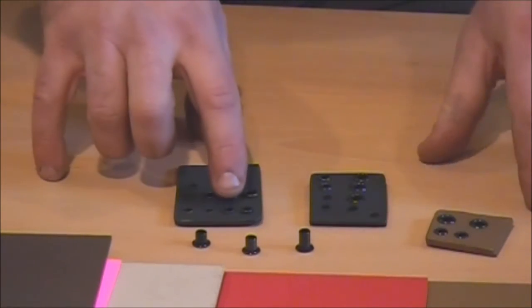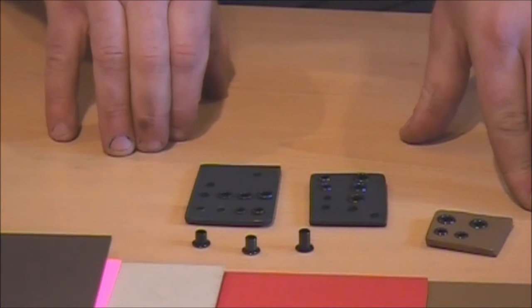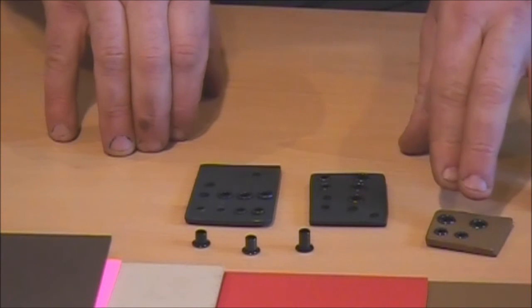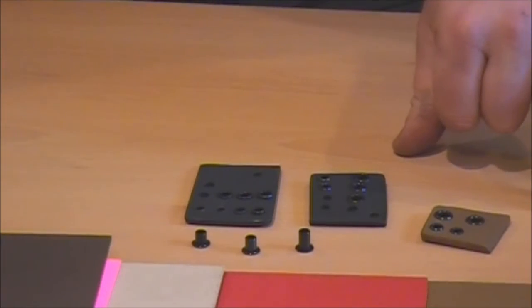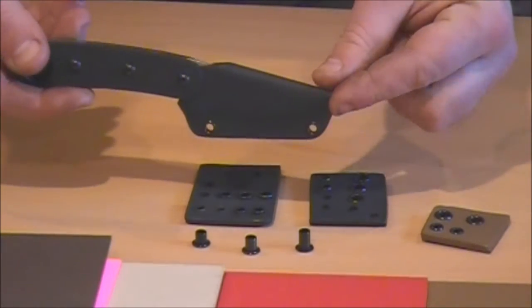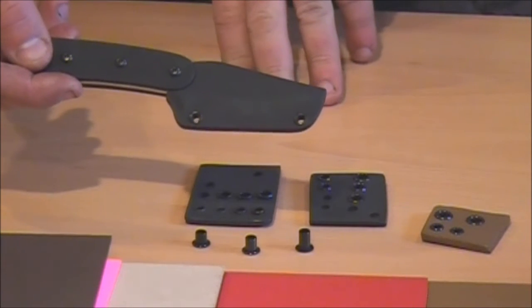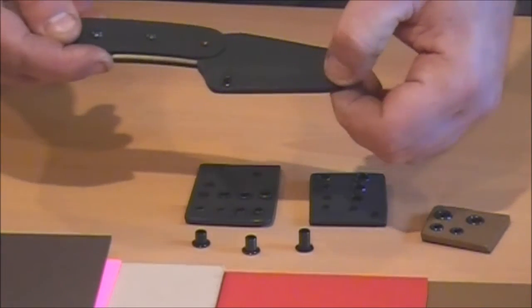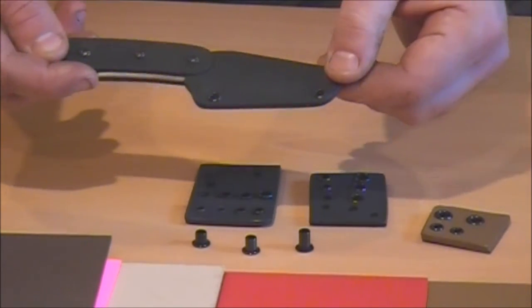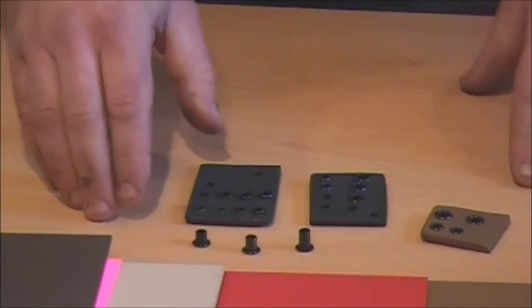The smaller rivets are useful, but the 1/4 inch rivets fit all the bolting together parts, the pillars and posts all fit through there. The 3/16 ones will fit paracord. So on something like this simple neck sheath, all I've done is put 2 small rivets in, because I'm not intending to bolt this to anything else. And you can easily put a piece of paracord through there to hang around your neck as a neck sheath. So once you've decided,